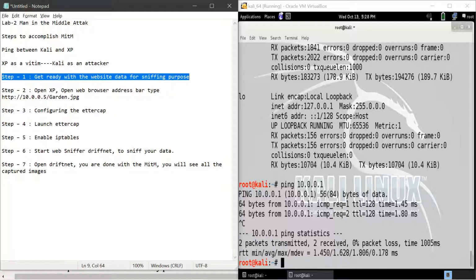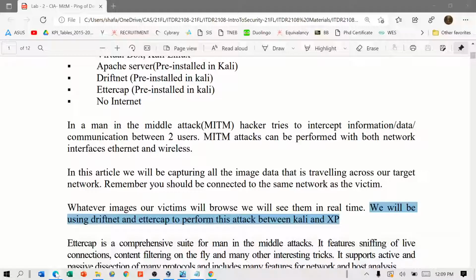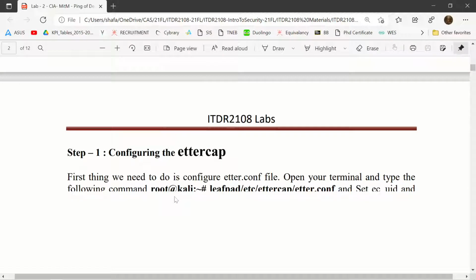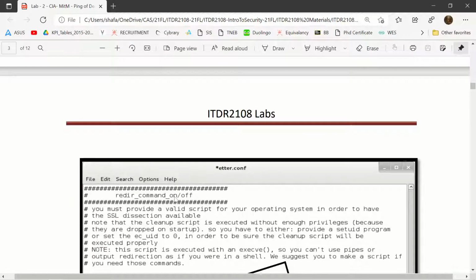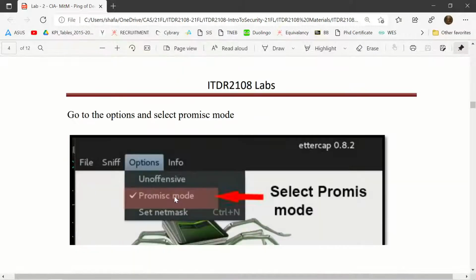We set up the web server in Kali and then browse using XP. Let us go there and follow the steps in the material.